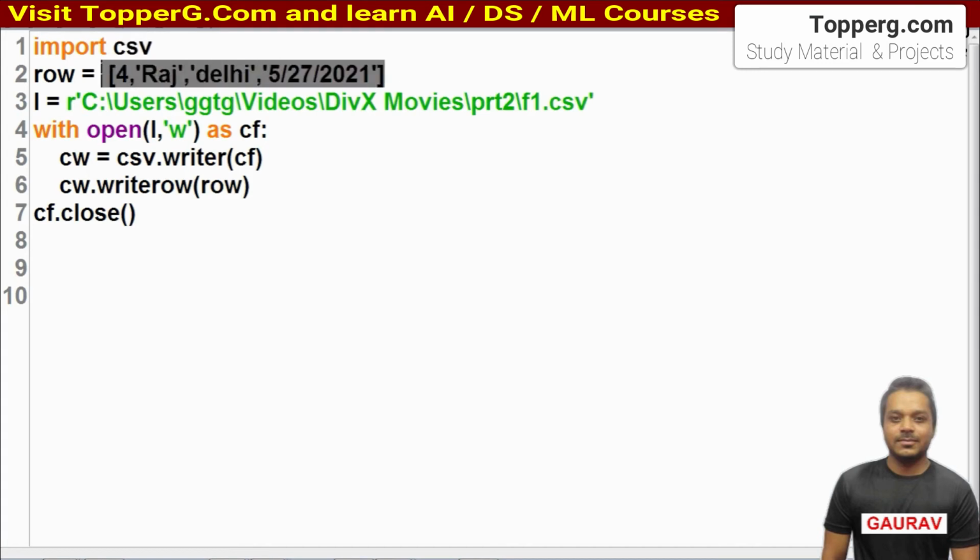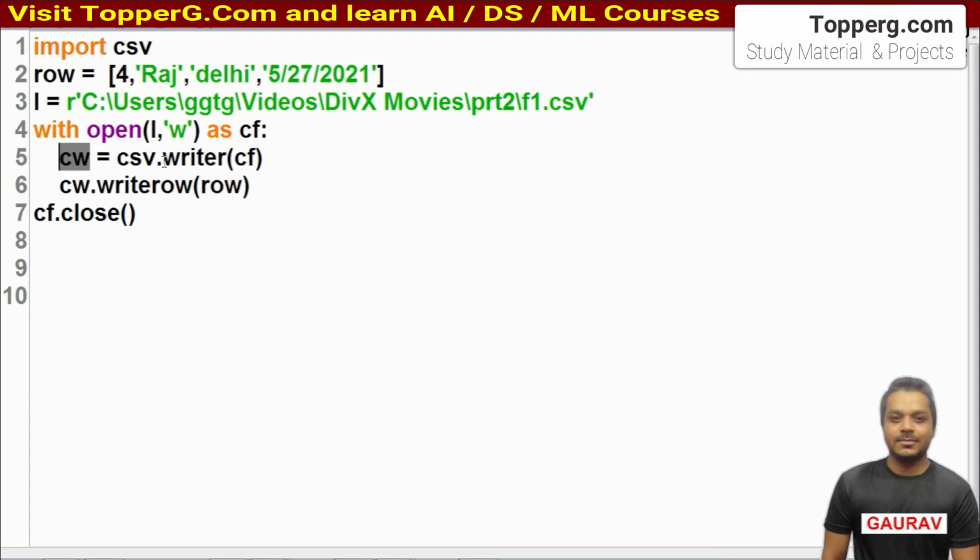Here is the data. It is present in the form of a list. This is the address, with open L. It is the address. We have opened that file in the W mode as CF. We need to remember two functions while writing data in the CSV file: the writer function and the writerow function. The writer function will create a writer, okay, we will call it CW, or you can take any variable name.